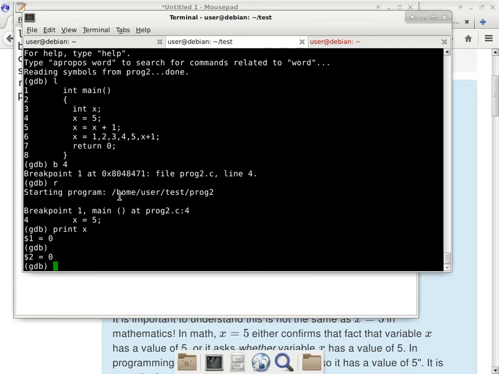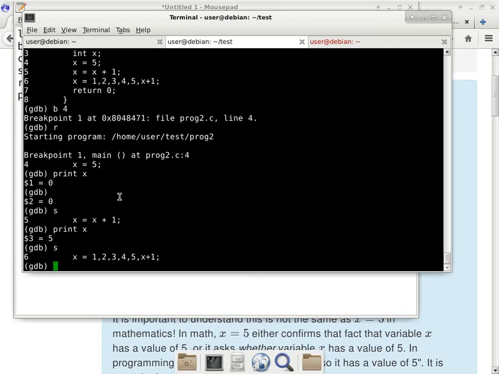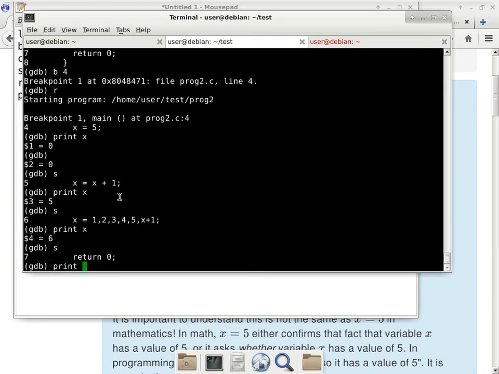Single step line 4, x now has a value of 5. Single step line 5, x should have a value of 6. Single step line 6. Now I think x should have a value of 7, but there is a chance that I am off. Because what I'm counting on is the plus operator has a higher priority than the comma